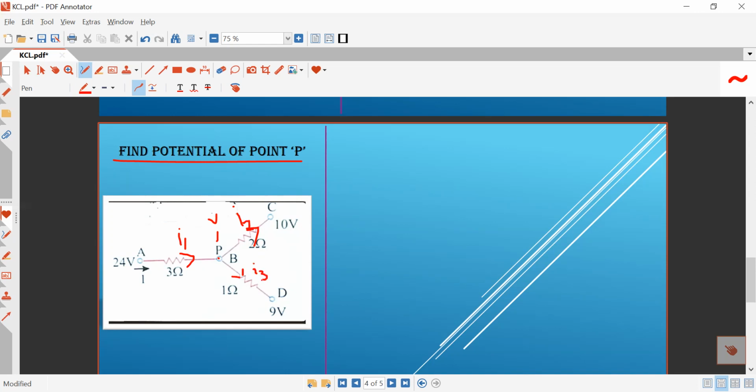It is very important to note here, the direction of current is given by me, and you can take the direction just opposite to me also. The final answer will be the same. So please do not get confused by the direction of current. In any direction, you can show the current. You can show the current from A to P, and if you want, then you can show the current from P to A. If your direction is wrong, then the sign of current will be negative, but the final answer, the potential of point P, will not differ. It will not depend on the direction of current. So you can take any direction.